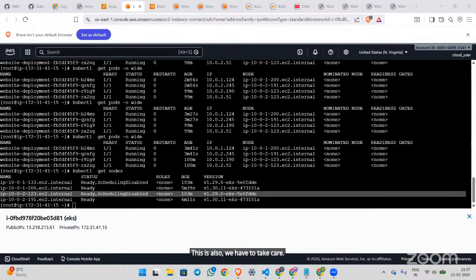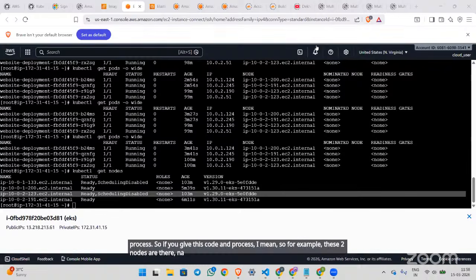Note: before performing a cluster upgrade, we have to enable the node cordon process. For example, these two nodes are there now.